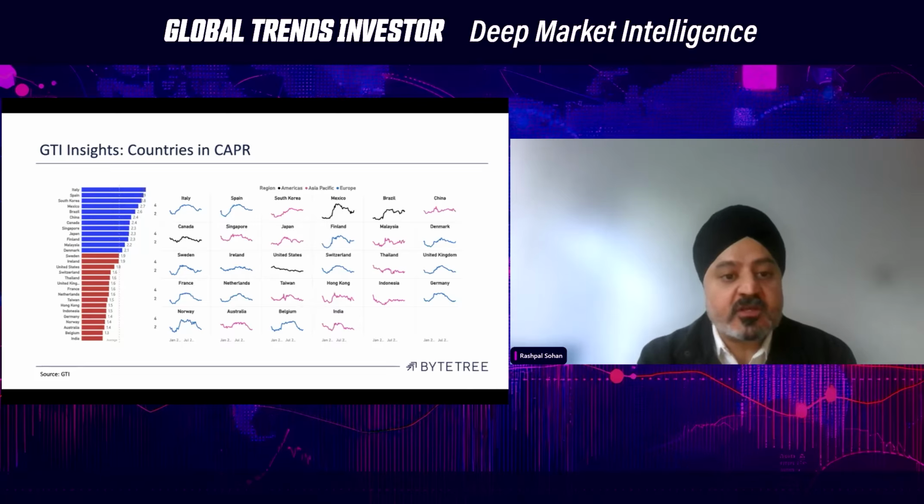So for nearly all the countries, you can see the trend is either flat or trending lower. Italy, Spain, which are the top two countries. If you look at the very bottom, Norway, Australia, Belgium, India, the trends are decisively bearish. Again, going back to the point which Charlie was making, that alpha is getting much harder to come by, even at a country level. There are very few countries which are outperforming, and even those are not on an upward trajectory.